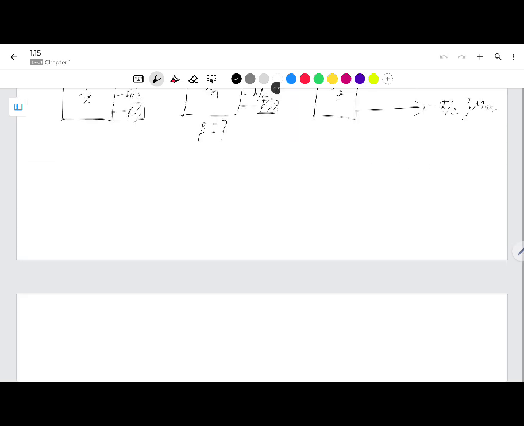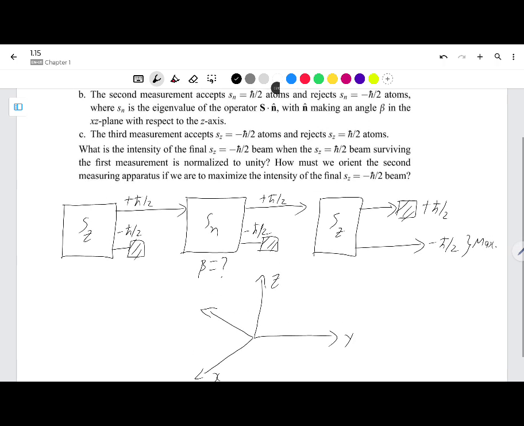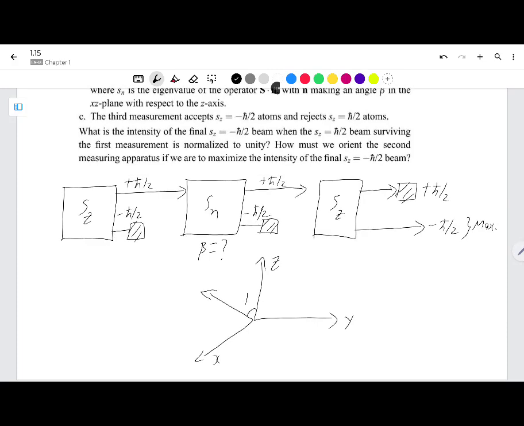This angle beta is with the positive z-axis in the xz plane. So this is your state plus, this is your state minus, and this state here is the one that we derived earlier, the positive part. Okay,